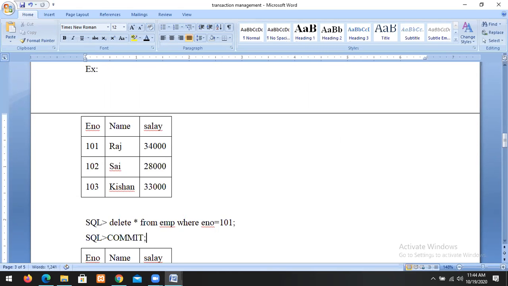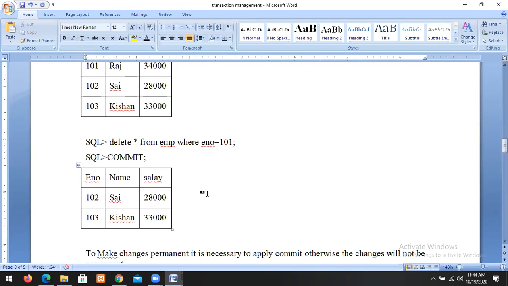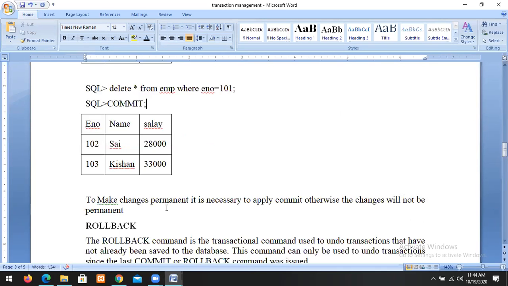Once I apply the commit command, the change will be stored. To make the changes permanent, it is necessary to apply the commit command. Otherwise, the changes will not be permanent.